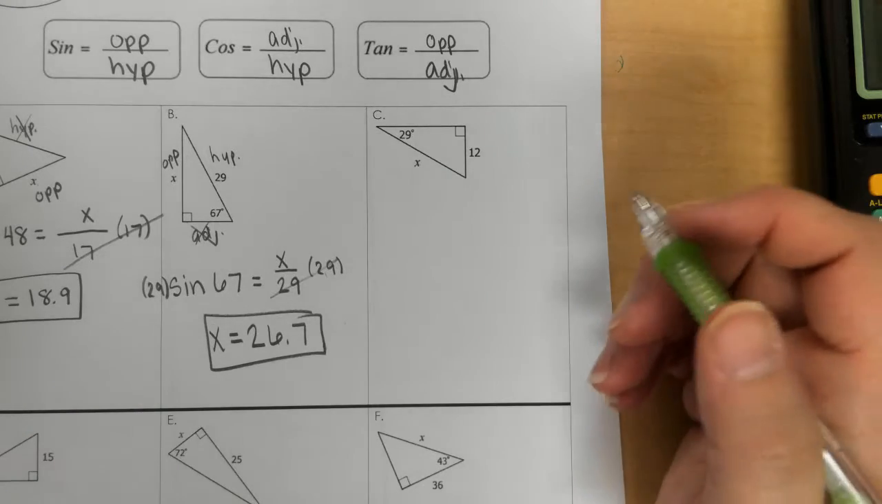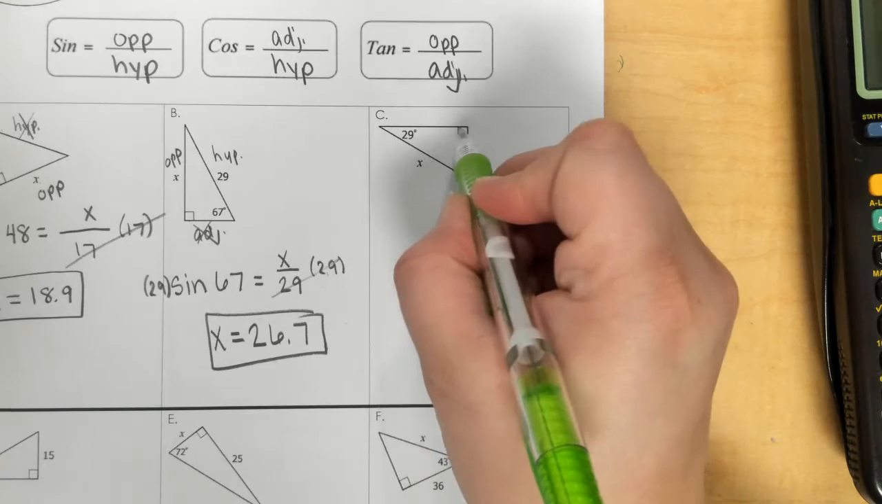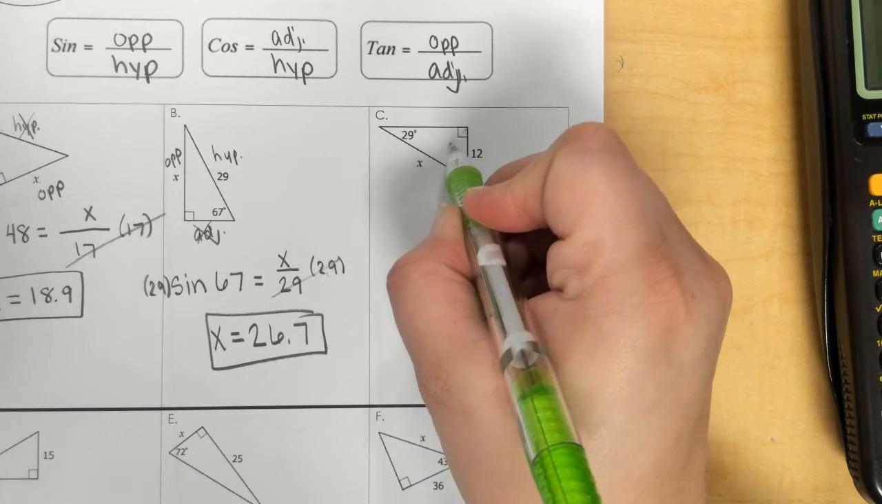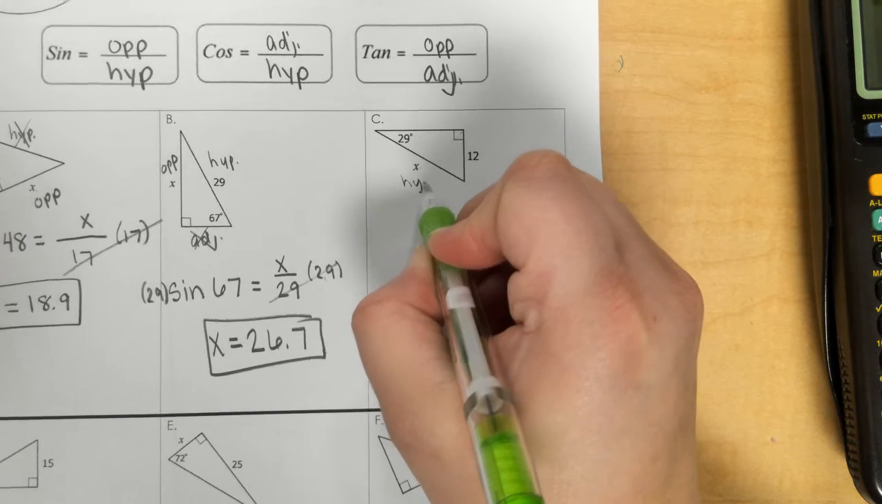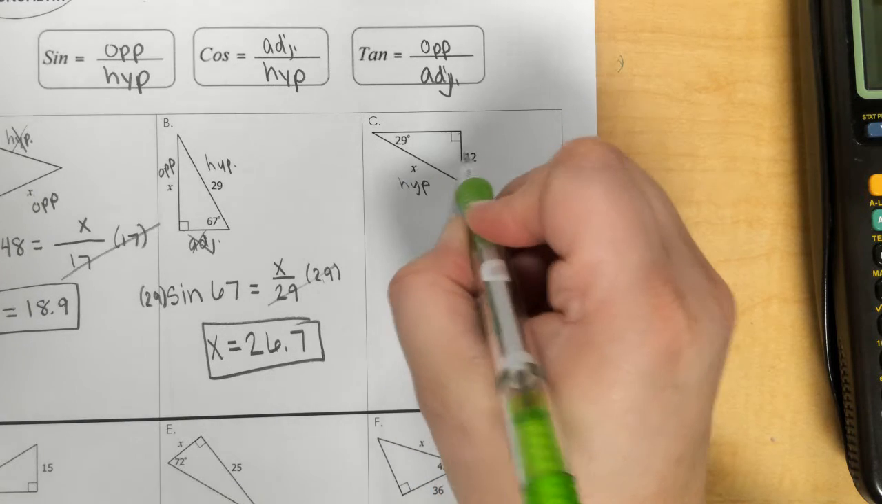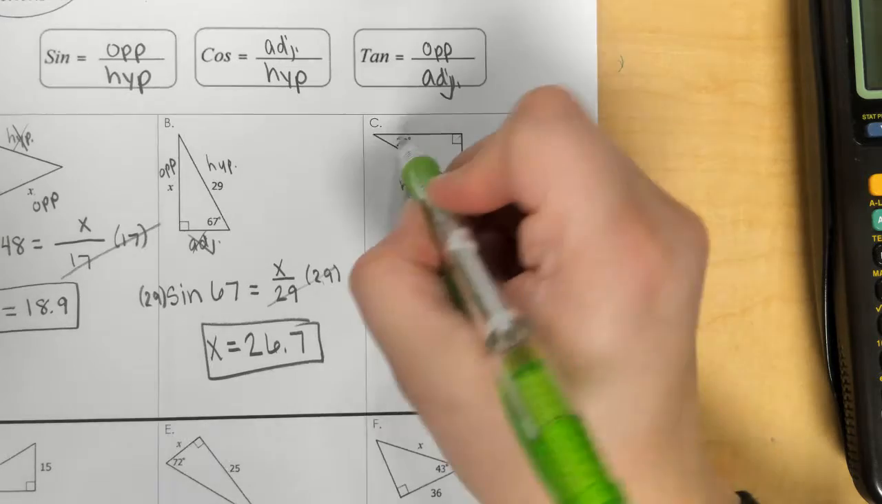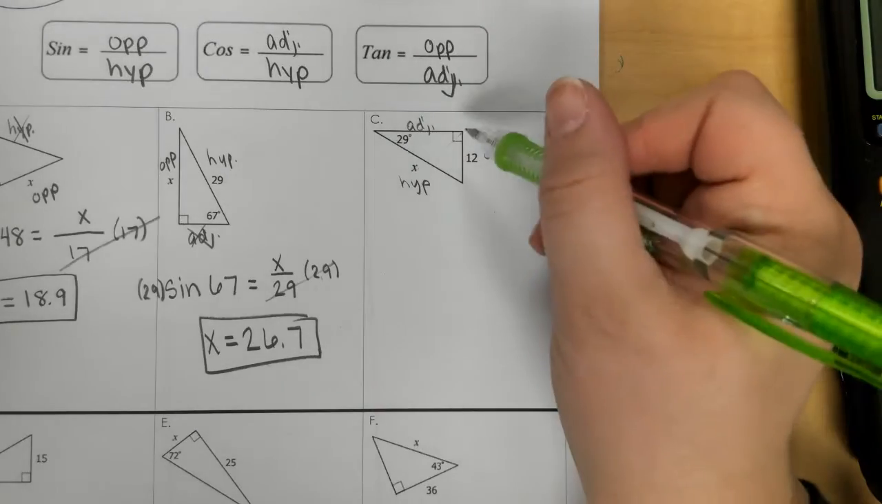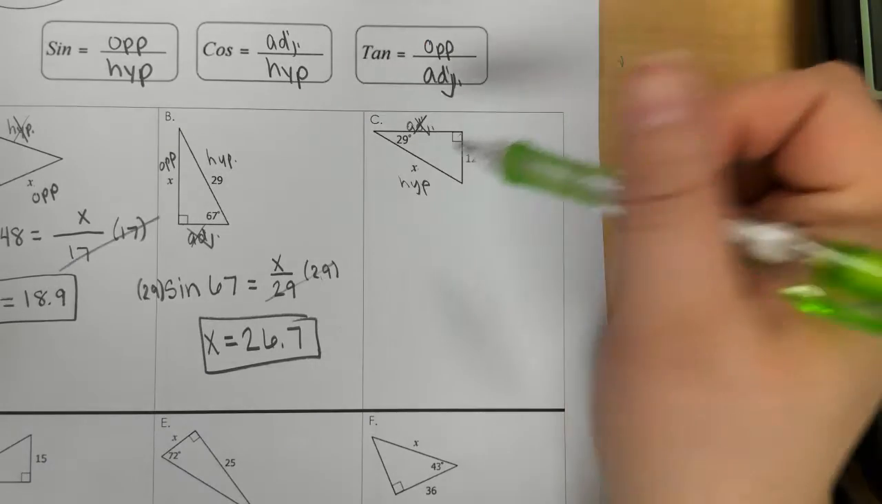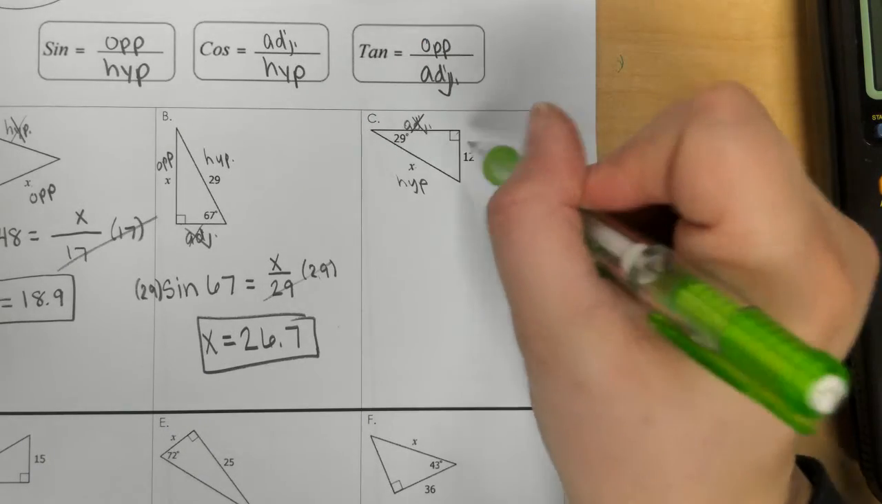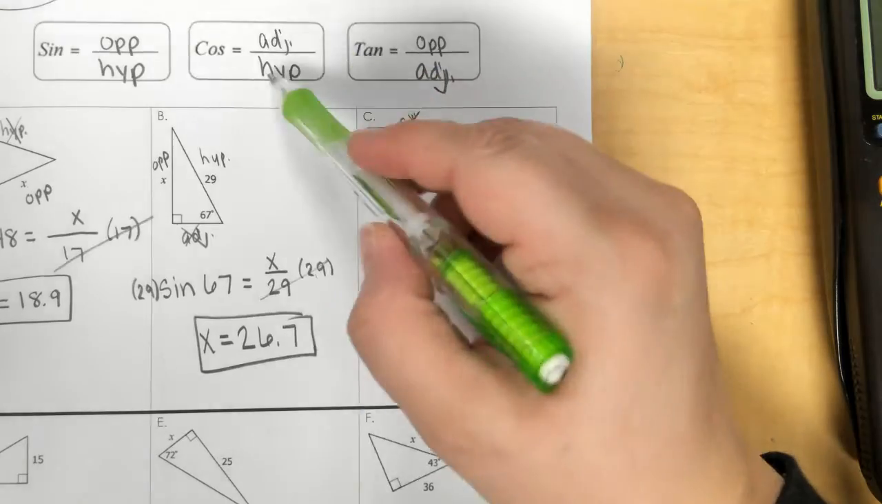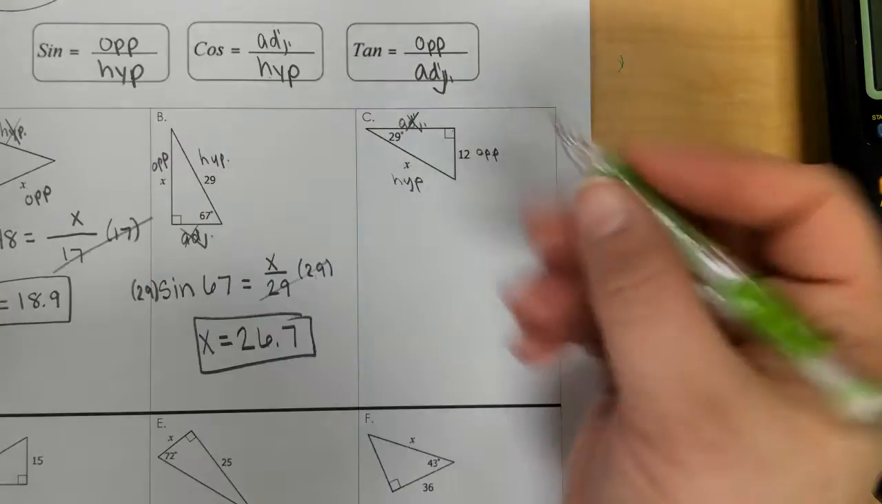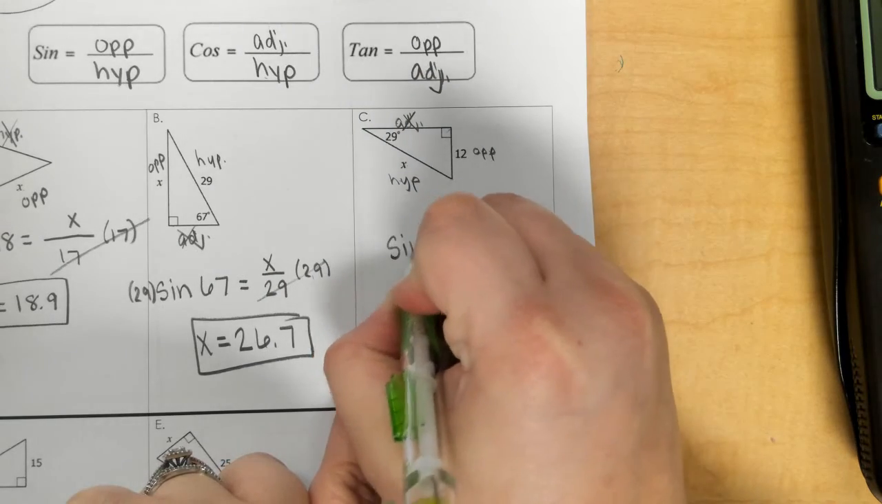Okay, letter C. So here, across from the right angle is your hypotenuse. Across from 29 is your opposite, and next to 29 is your adjacent. So we don't need the adjacent. And if we have opposite and hypotenuse, OH would be sine. So I'm going to say sine of 29